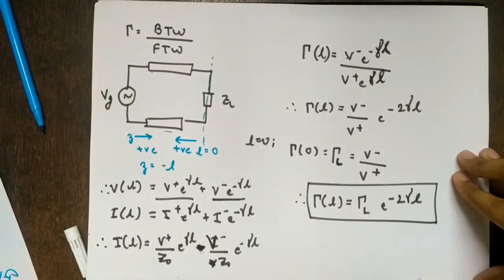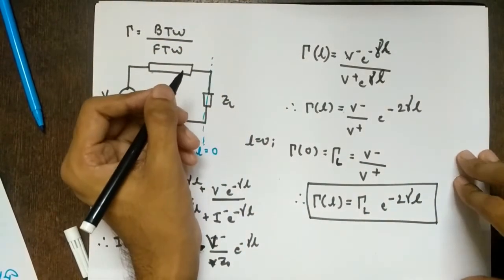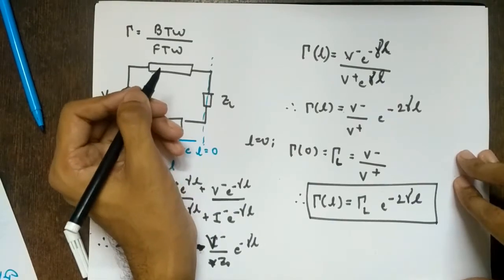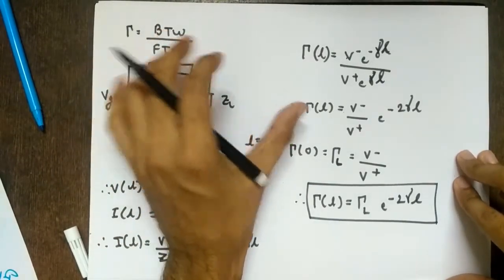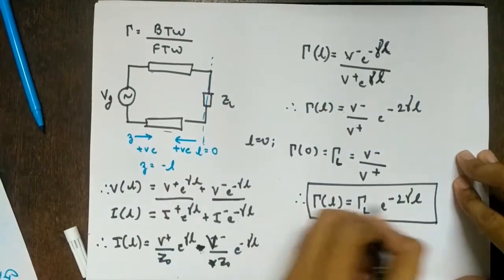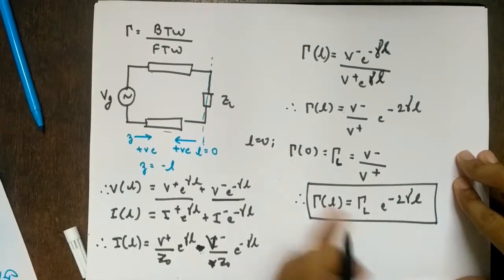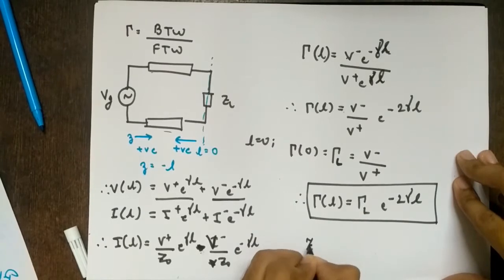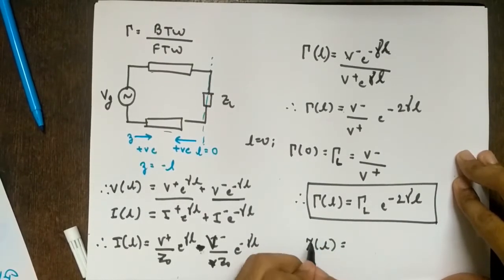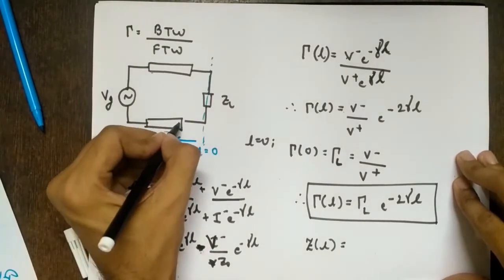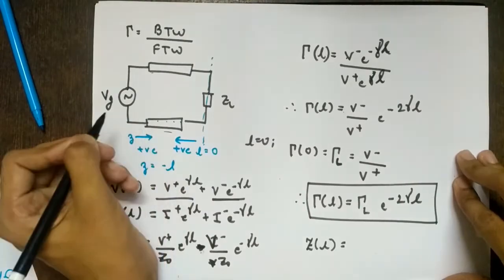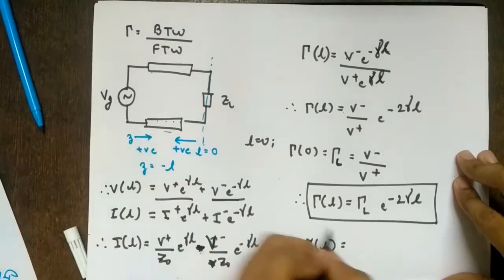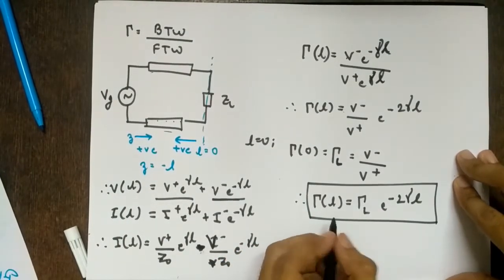These expressions are very important. After this one or two lectures, we'll go to something called the Smith chart, which is a graphical solution to transmission lines. There all these expressions will be important to understand the concept of the Smith chart. So let's say I want to find the impedance now at a length L, Z of L. Why am I interested in the impedance at a length L? Because as we said, impedance at each and every point on the line will change, right? That's why I am interested in finding the impedance at each and every point of L.